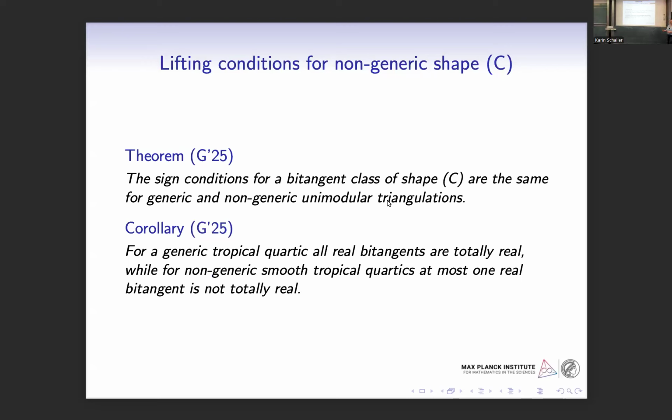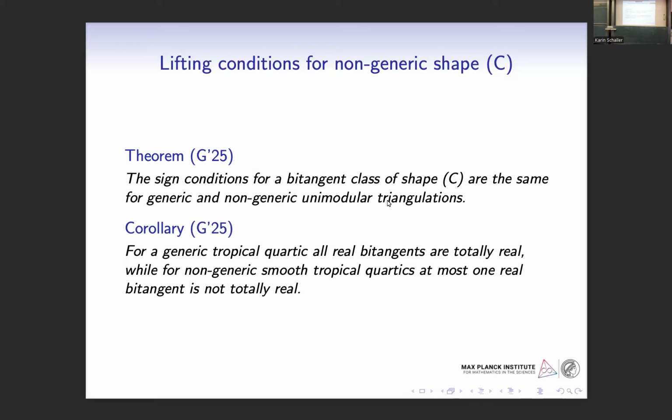One more thing that I was able to determine here is that the result by Angie and Hannah told us that these tropical bitangents, whenever they lift to real bitangents, are totally real. That means that the two tangency points are also defined over the real numbers. And this comes just from the computation that they did with this tropical modification, actually computing the exact formulas that tell you that the tangency points are real. So for this non-generic case, we don't know because we don't know how the tropical modification works. But what I can say is that at most one real bitangent is going to be not totally real,